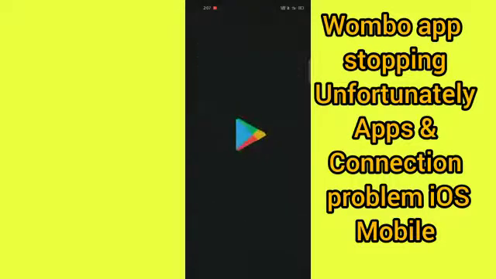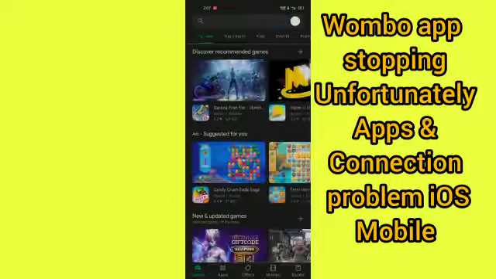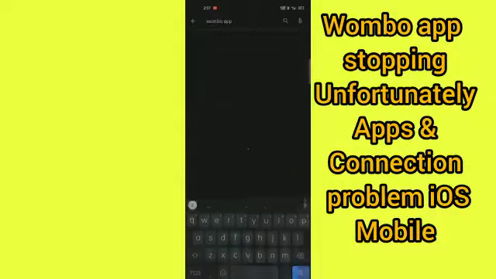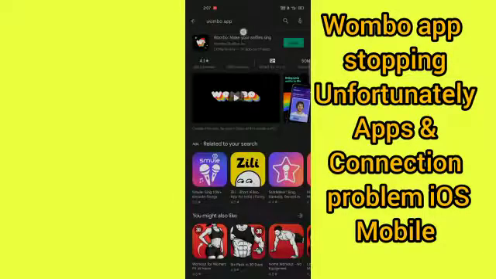and come in the Play Store, and after coming here, what you have to do, just come here and search for Wombo app. Okay, so guys, in your mobile, if it is not updated, then you make sure that if it is showing update, then you should update it. Okay, so if your app is not updated, then it will not work